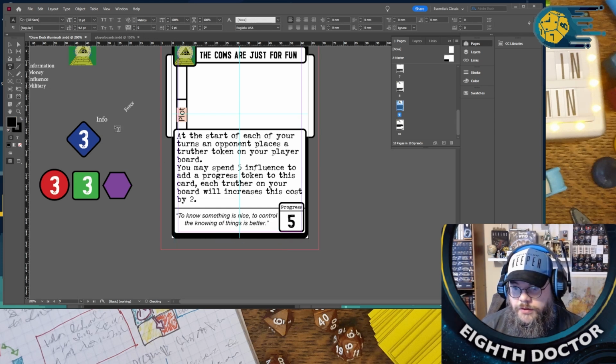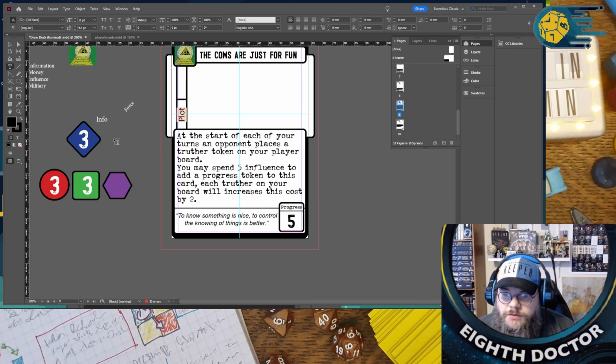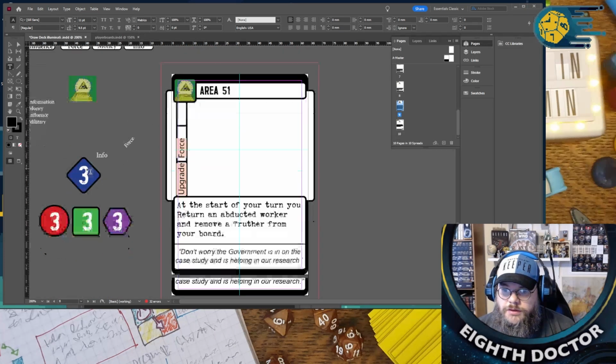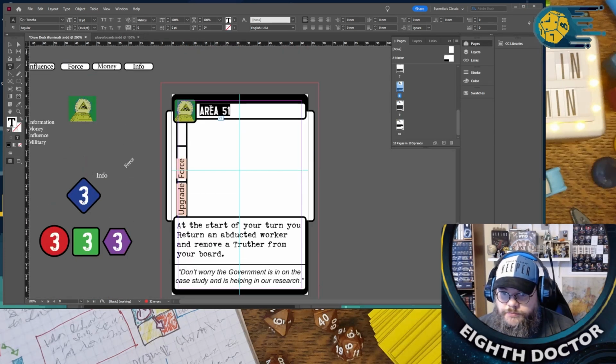Make this thing smaller, and I'll figure that out. To know something is nice, to control the knowing of things is better. Seems very Illuminati-like, so that's their plots. Let's go here. Their upgrades, they will have